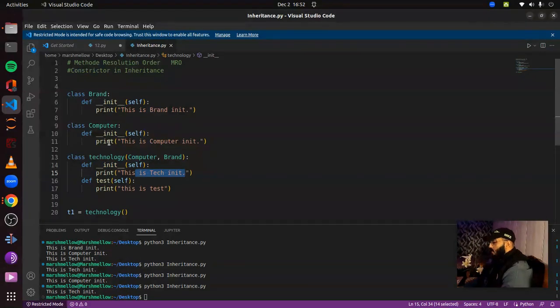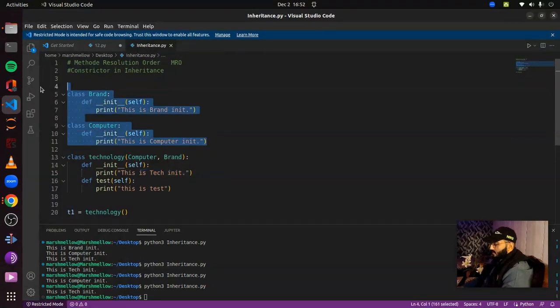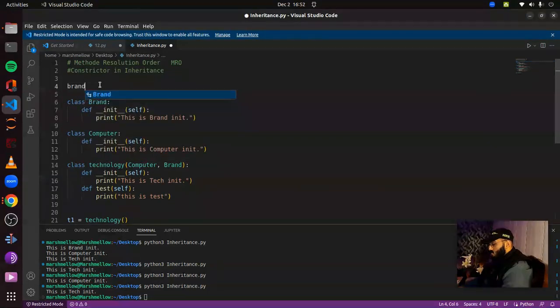But what if we want to call the constructor of either of these superclasses? Now we have two superclasses, I mean, we have a brand superclass and a computer superclass, and we are inheriting both of these classes into this subclass technology. What if I want to call a constructor from either of